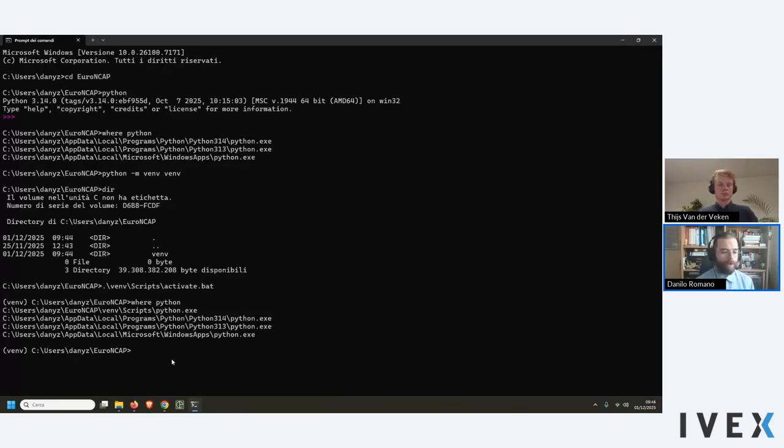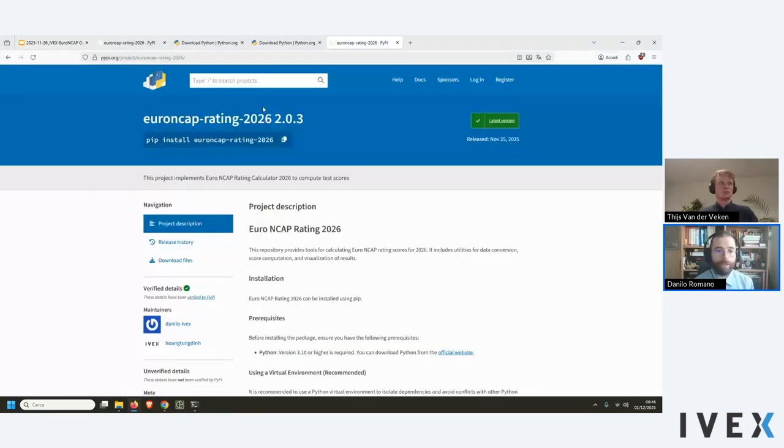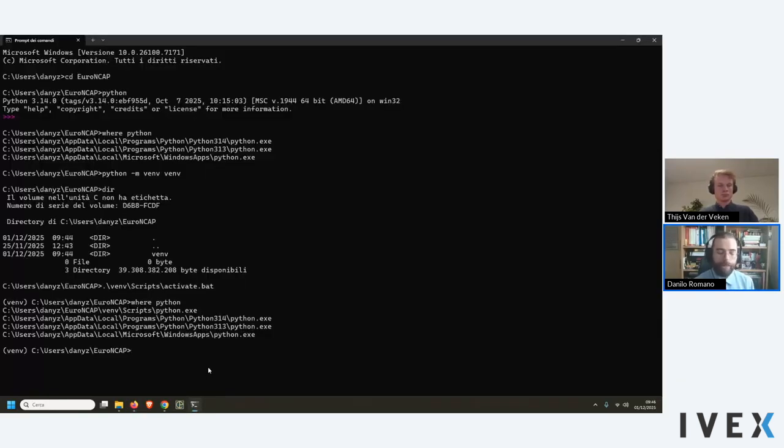Now we have everything to install our library. So let's see on PyPI what is the command that we need to run. You can see that it is just pip install euro-ncap-rating-2026. Pip is another Python module that is used to handle library and package installation. So if we do pip install euro-ncap-rating-2026 and I'm pressing enter, then